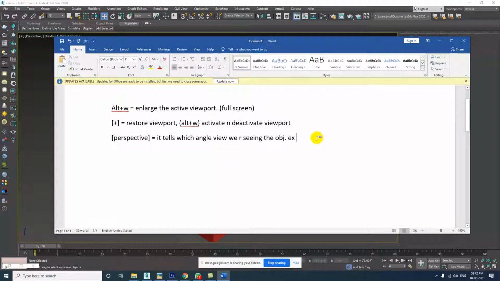I will go on typing and you ask me whatever doubts you have. Okay, tell me about perspective. Are you clear with perspective or do you have any doubt with the perspective option?